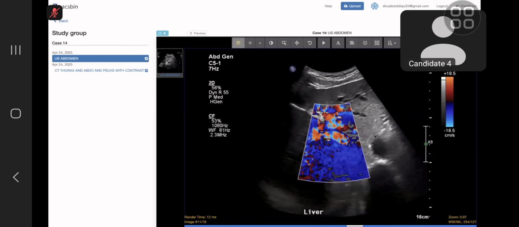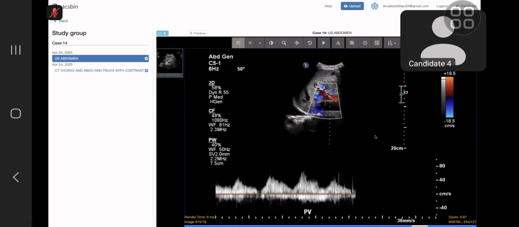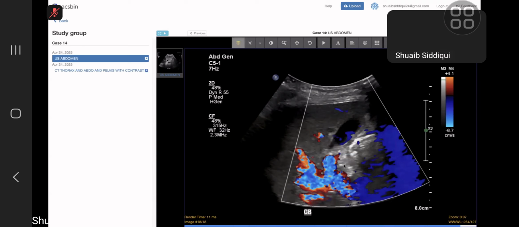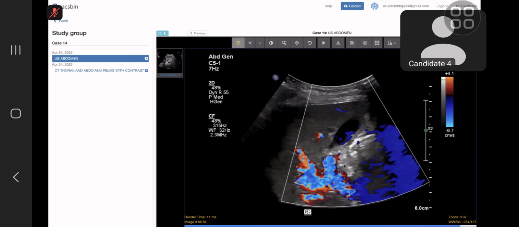I'm looking for the cause of the biliary obstruction. Portal venous flow appears normal with a forward flow. Just look at this image for me. So what do you think is going on? There is some increased flow in the portal vein, maybe like some